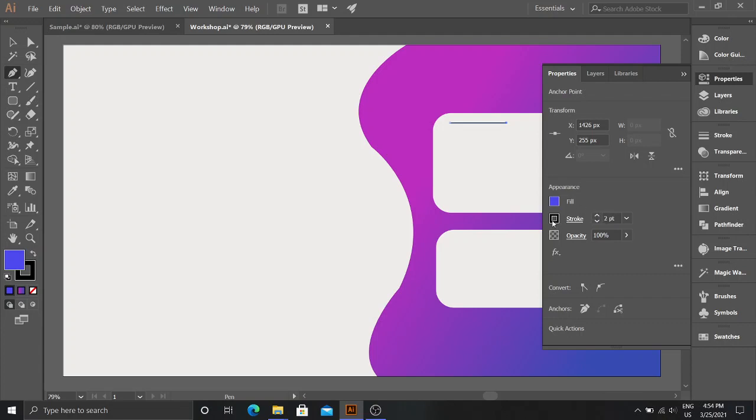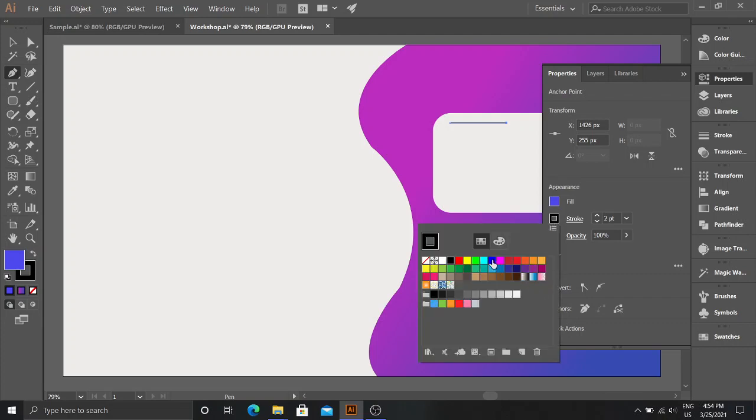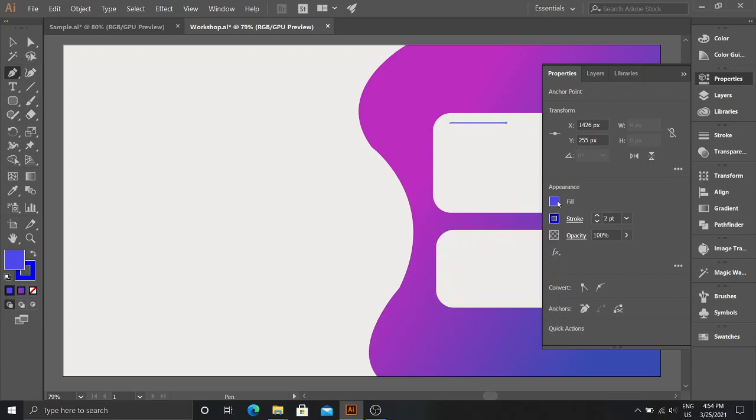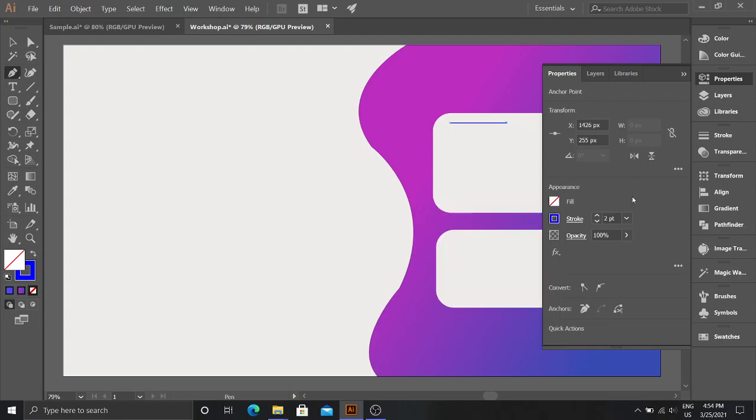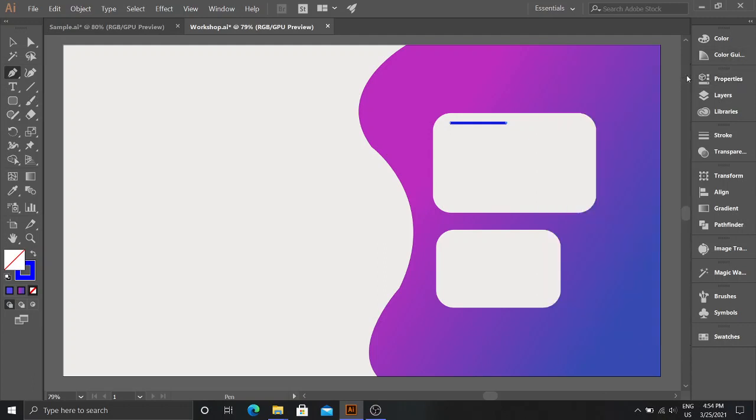It has a black boundary. I want the boundary to be the color I chose, and the fill color, actually you can leave out the fill color like this. So now this only has a boundary, and you can choose the thickness by using the stroke. Like, let's get a thickness of 8 points. So there's a line.